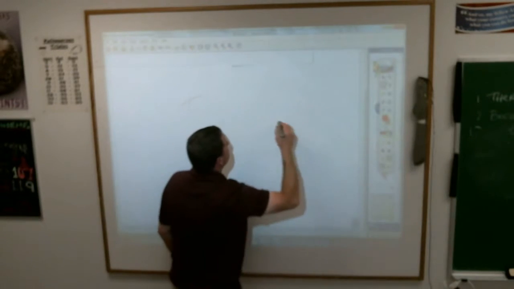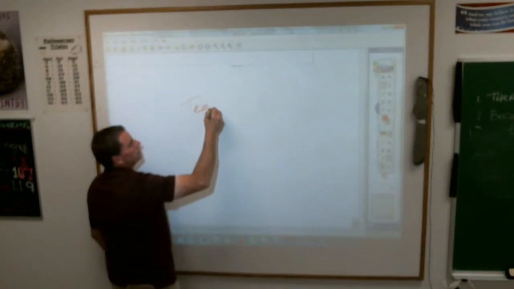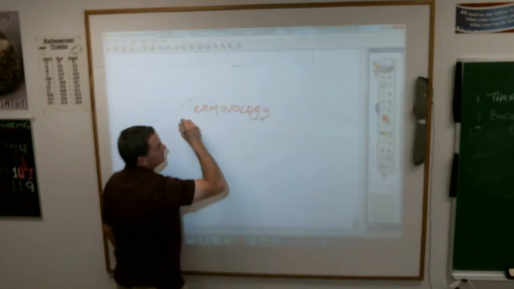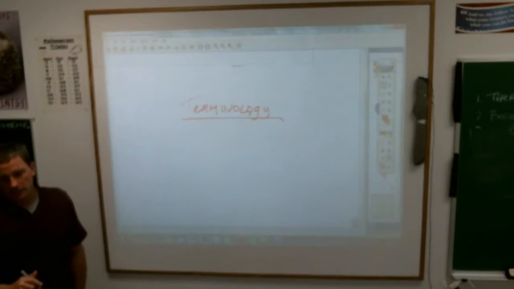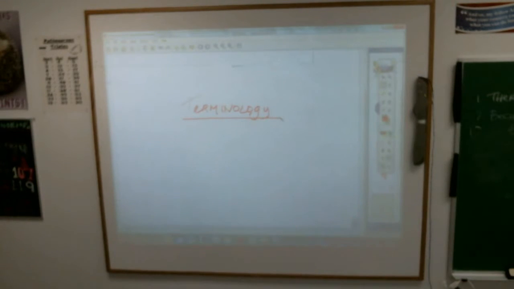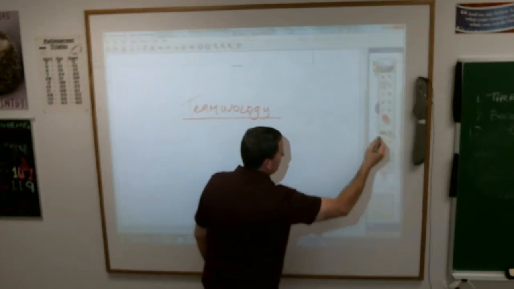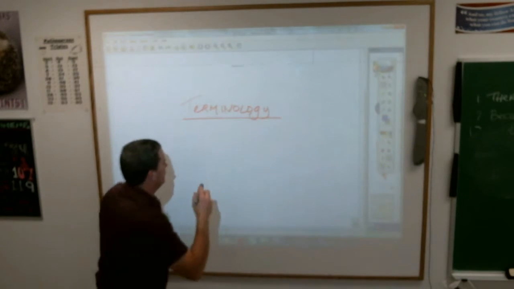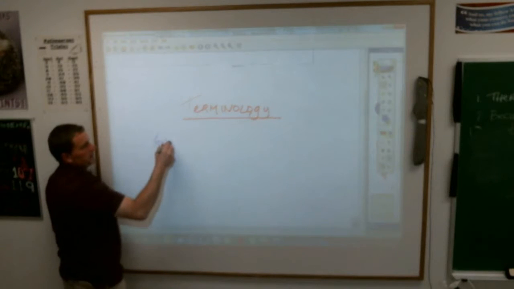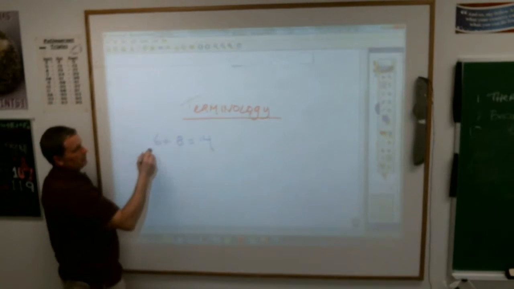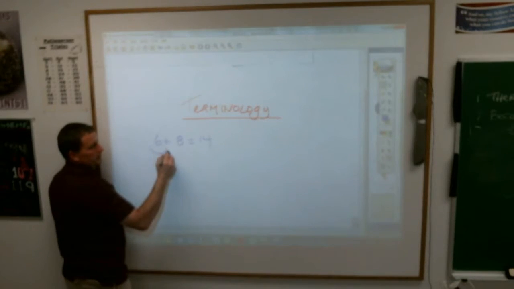Terminology. And basically that is just the names, the actual word names for the parts of problems. For example here, if you have 6 plus 8 is 14, the two things you add together are called the,